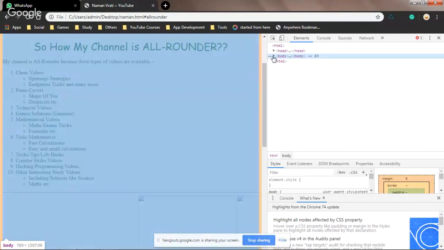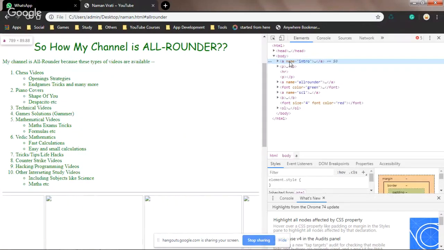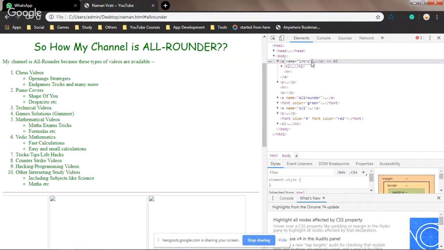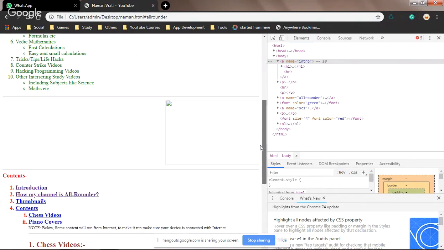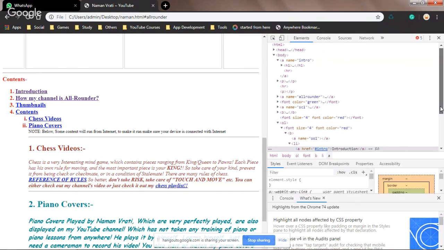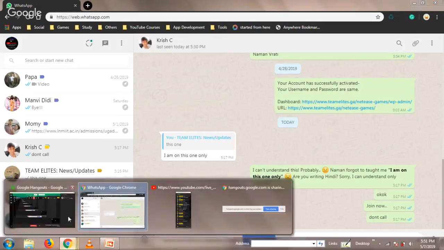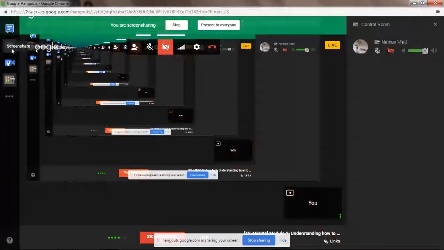See here, it is the body tag, a name intro. So what does a name intro mean? It is using the name intro tag. This specifies that there is something internal named intro. So I would like to use this intro here. With this coding, you can see that a href equals to hashtag intro. So I would like to explain this further without wasting time.